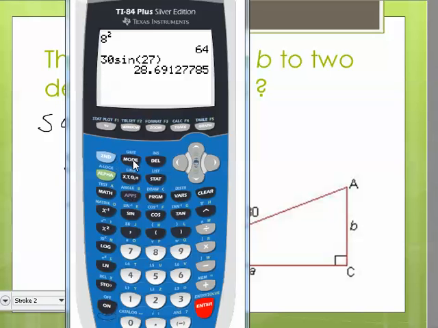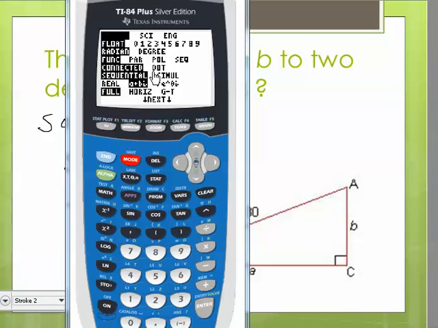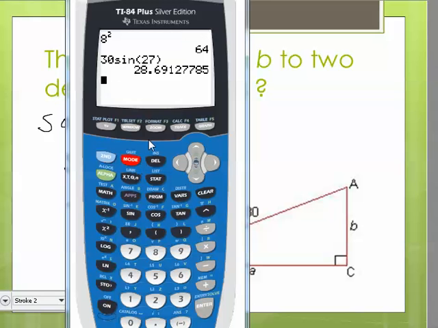One thing I didn't do was check what mode I'm in. I'm in radians. I want you to notice that I recognized I wasn't in the right mode right away because that number was way too big. I was expecting that number to be a lot smaller. So I come back over here, and I'm going to put it back into degrees, and second quit. And I'm going to do the same thing again. 30 times the sine of 27 degrees. And I hit enter, and it is